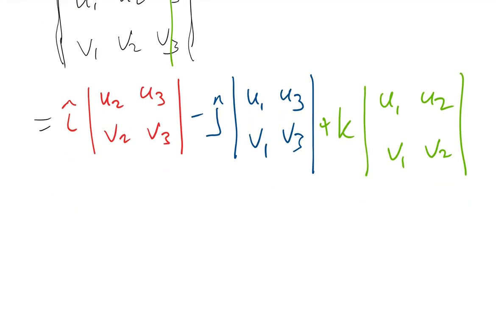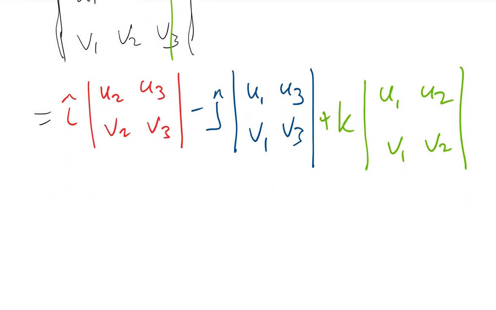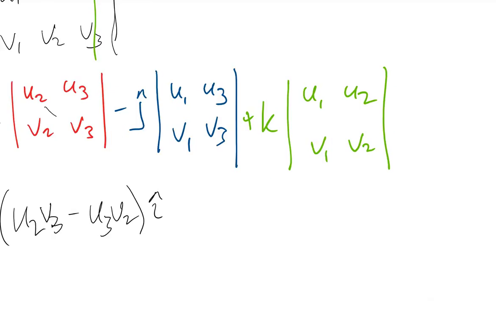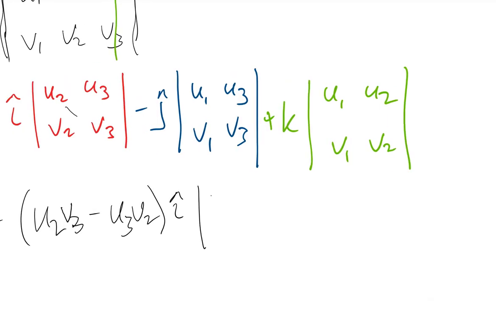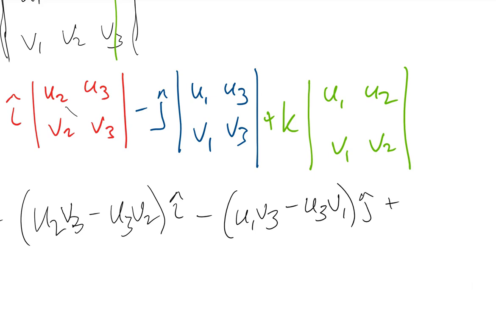Okay, and now we find the determinant of this. Now this is just tedious. Nobody would really want to do this by hand as far as writing all this formula out, but I will, and you can skip this part of the video if you don't want to see it. So it's U2 V3 minus U3 V2, times I, and then minus (U1 V3 minus U3 V1) J, plus, and now the last one is U1 V2